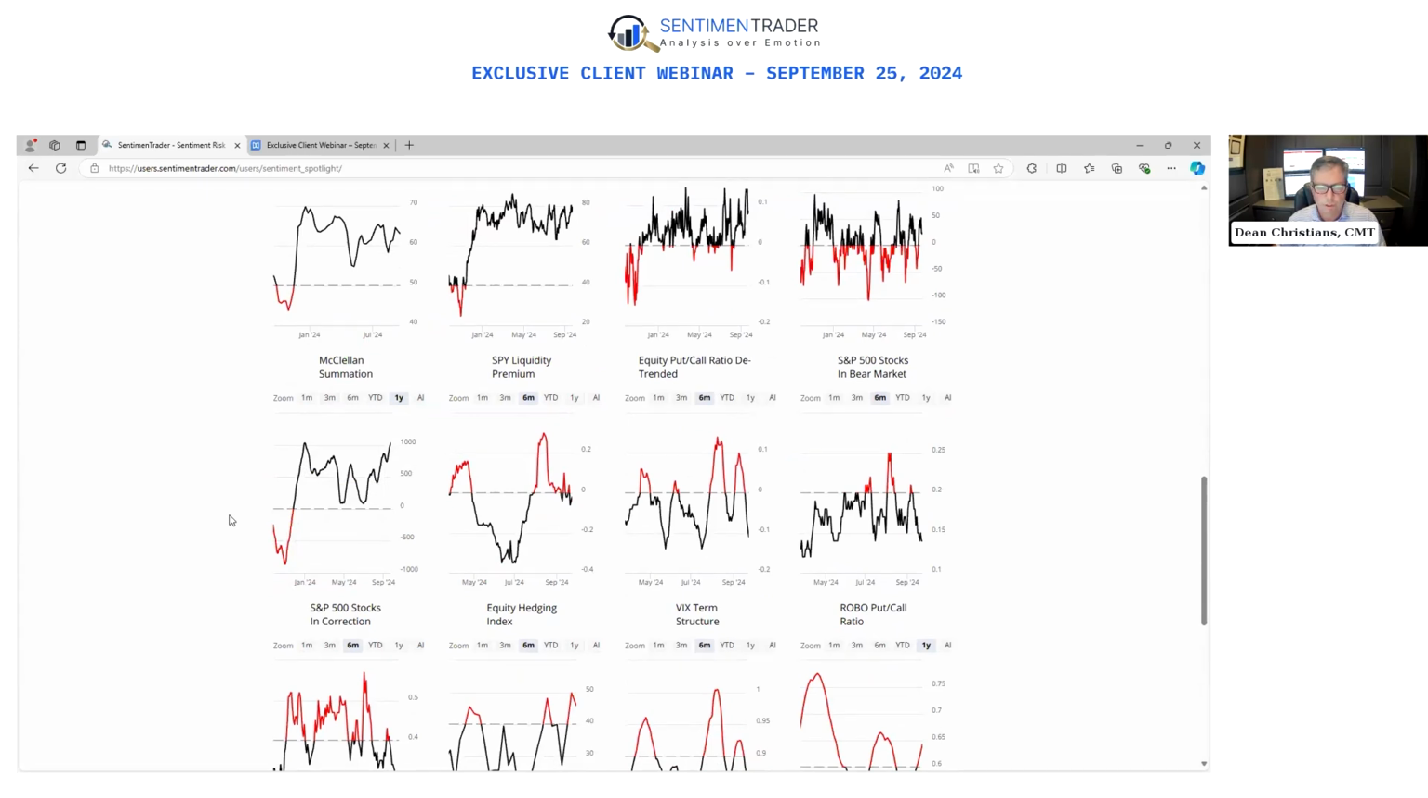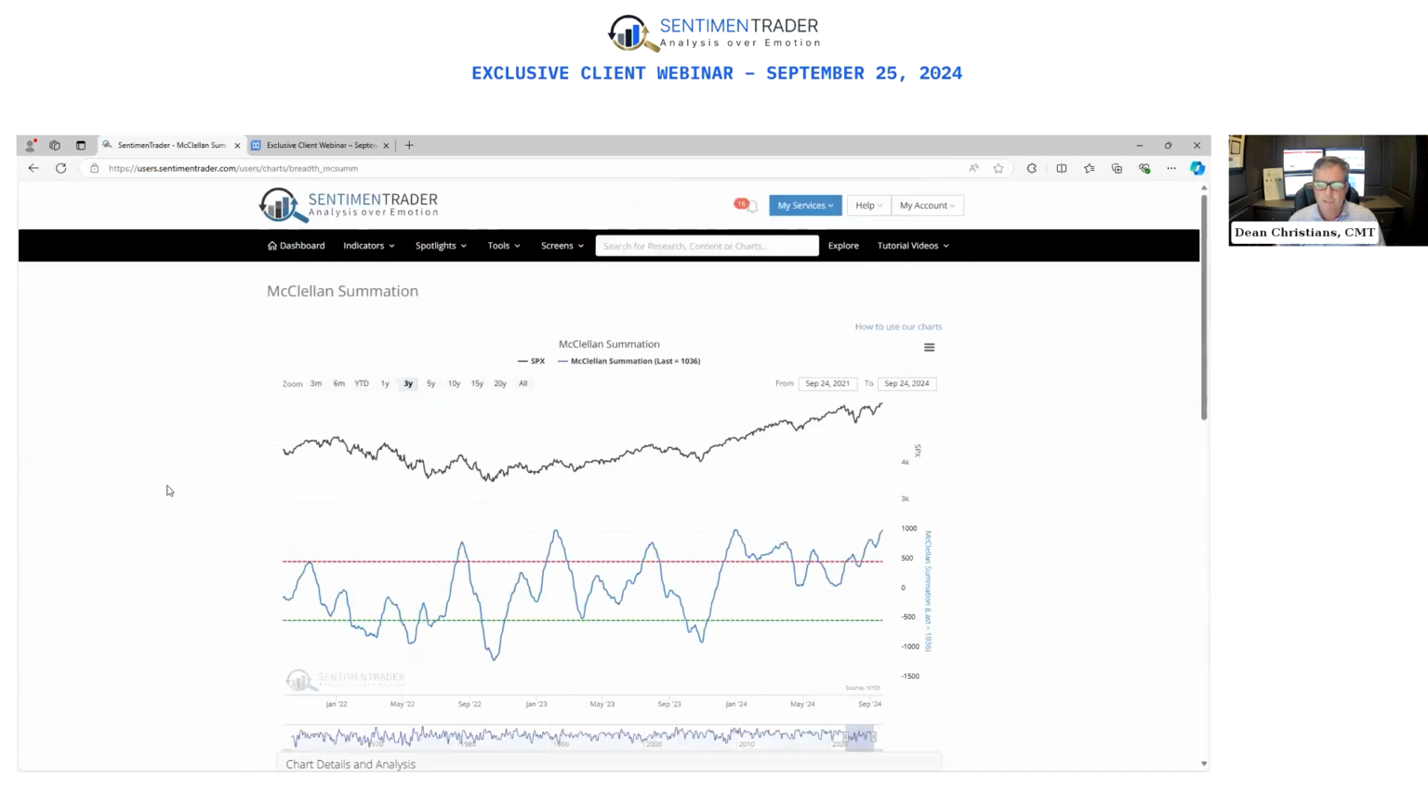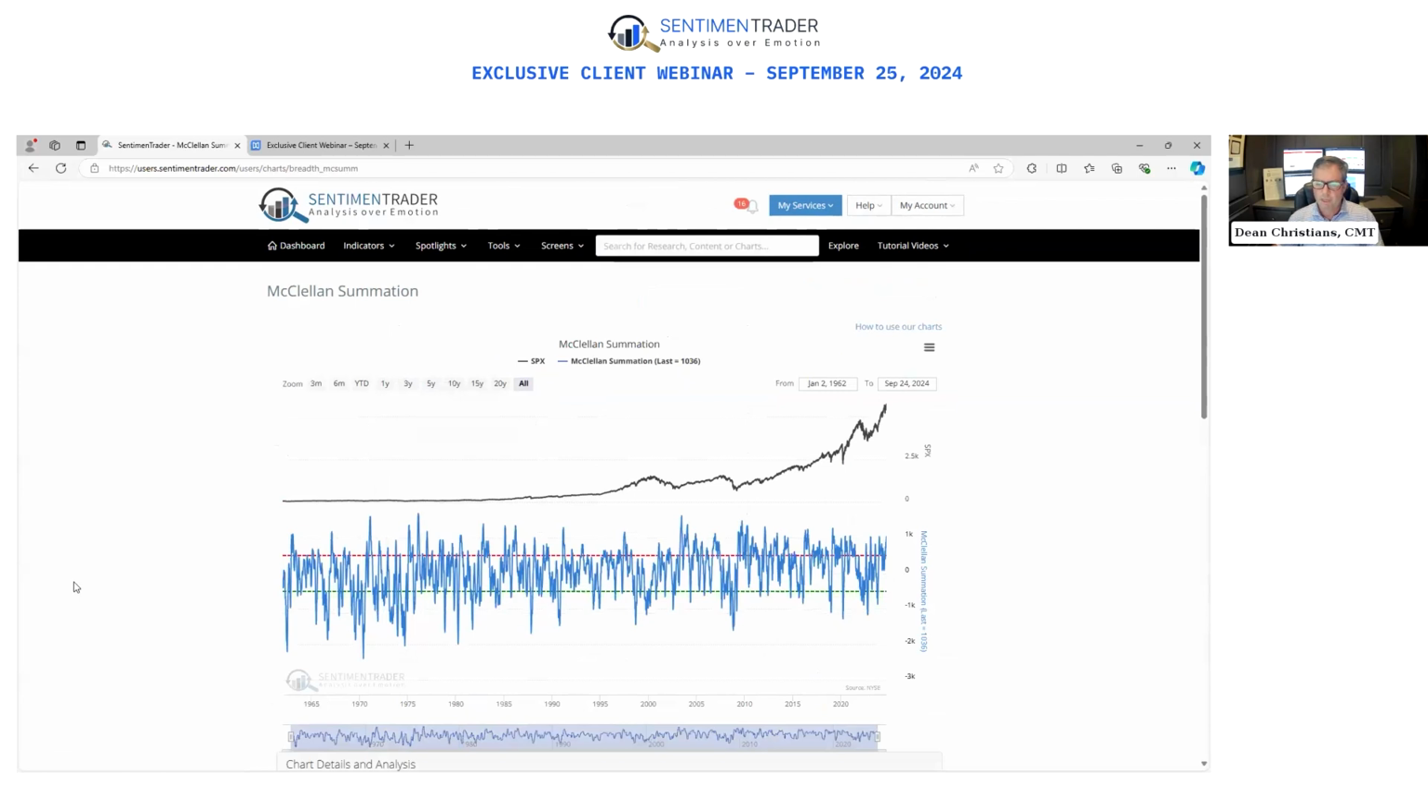And of course, using the BackTest Engine 2.0, we can then go and test and see what happens on a forward return basis when the McClellan summation index rises above 1,000. So very simple. Just click on the McClellan summation header. That'll take us to the chart. If we click all, we can get a general sense here